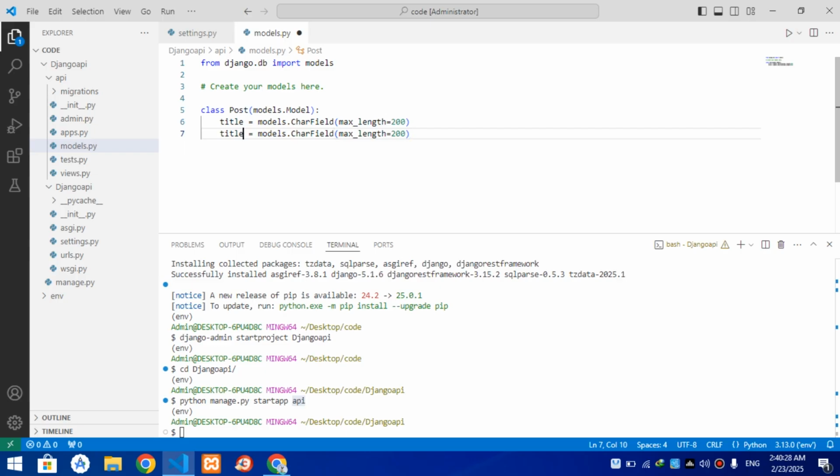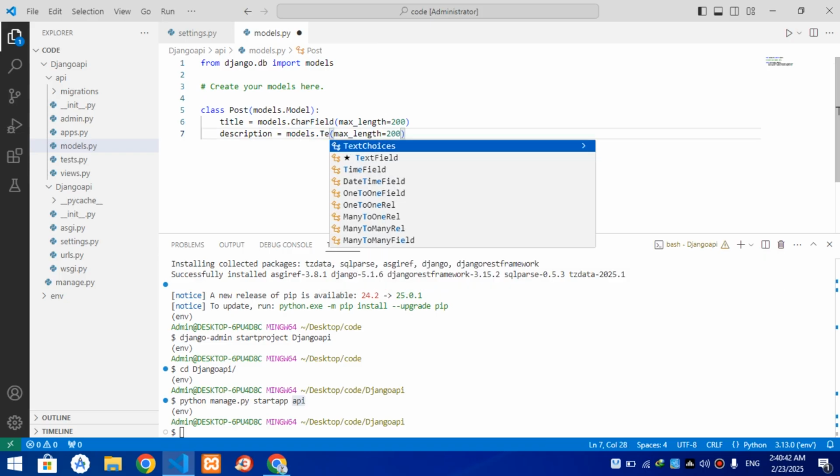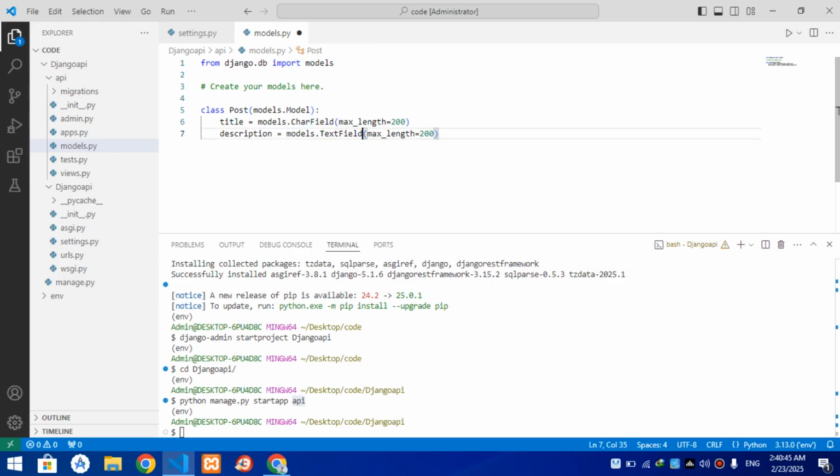It's going to be description. Okay, this should be TextField,